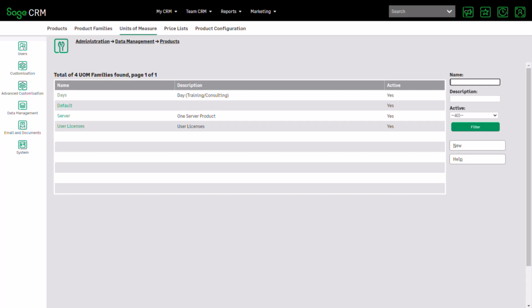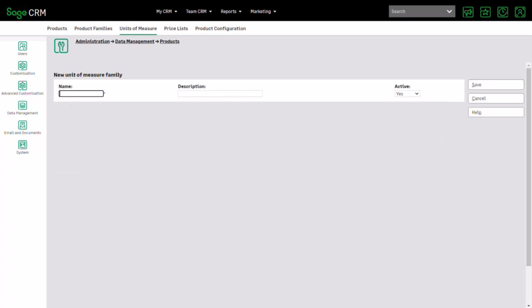So what you start by doing is creating a unit of measure family or category. And here you can see you've got, again, 3 very simple fields. It's a name, a description, and then whether or not it's active or not. So here I've called this subscription, and I'm saying that this is for cloud-based